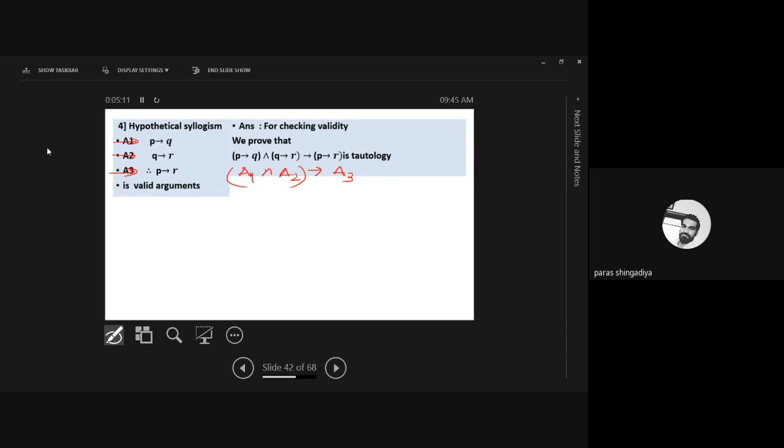So here, first we consider these three columns P, Q, and R. Okay. Then after, we require the first answer, P conditionally Q as A1, Q conditionally R as A2. Okay. And here we check, if you consider such different notations, let us say it is X, that is Y. Okay. So here we need X and Y. Okay. That is the next column.